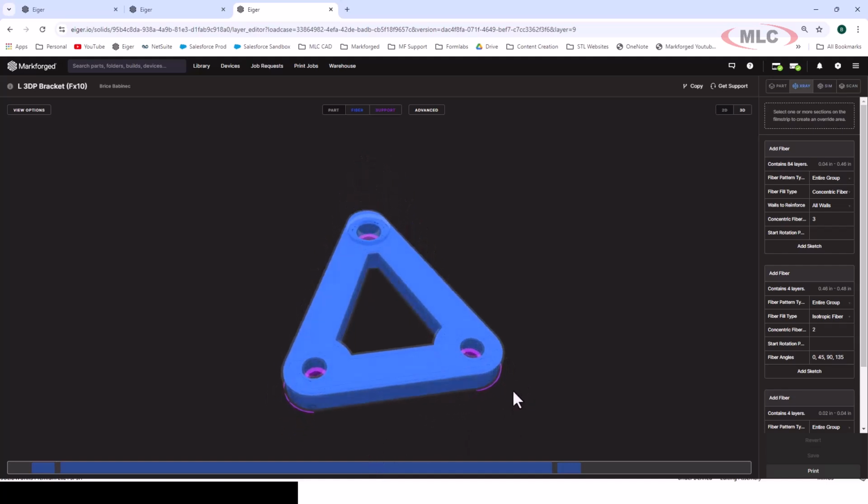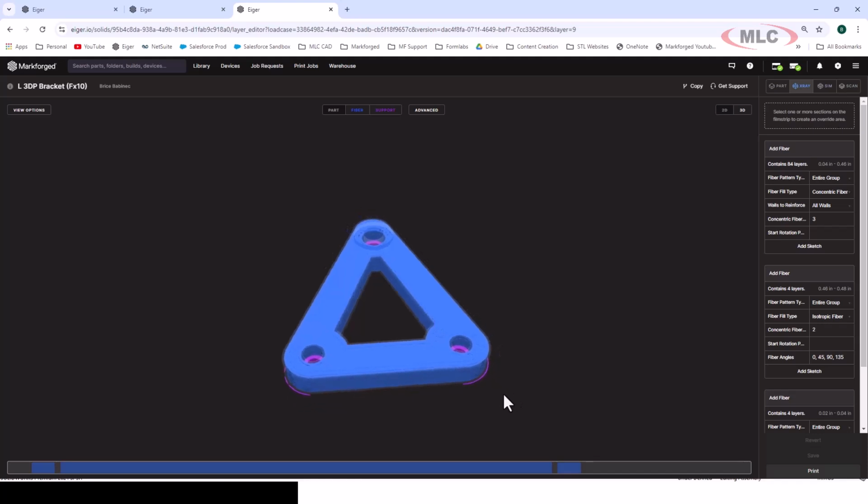And so this is great, and we've got our part set up just how we want, and we could go ahead and print it, but we don't have full confidence yet that this thing is going to work. Again, we're replacing a metal part here, and we want to know, before we spend however long it is printing this part, that it is going to work, because we need to make alternative plans if it's not going to work. And so the best way to do that is to just hop over to our simulation tab, and we